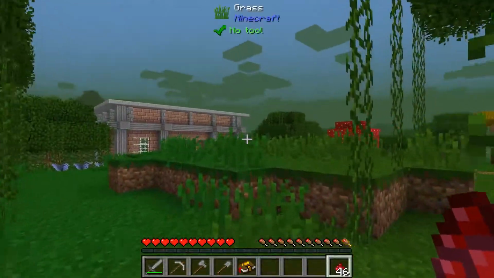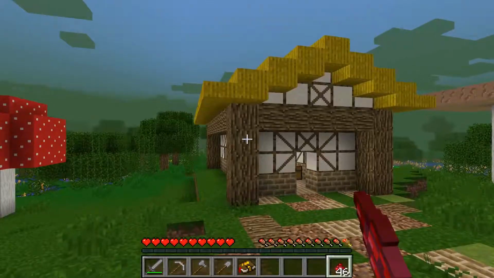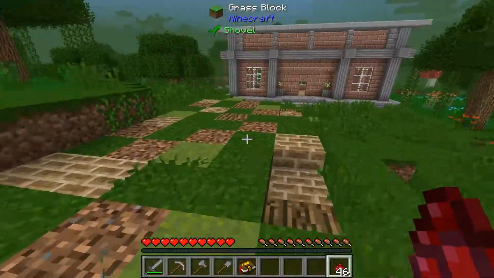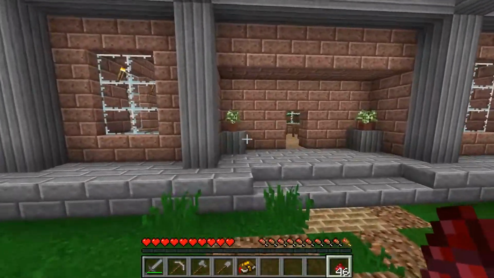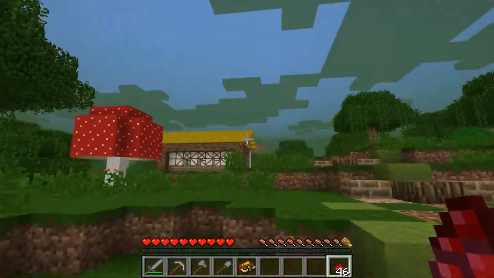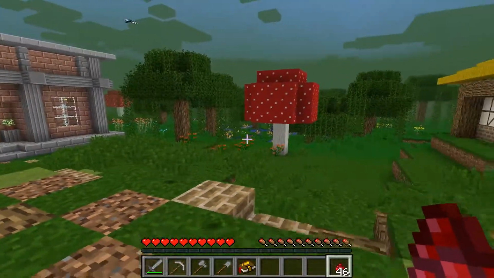So, in between episodes, I built this really cool starter house. I built this pathway that goes up and over into a lovely little factory. I built this all in between episodes. Even though you saw me build it, I kind of built this all in creative between episodes, and there's a